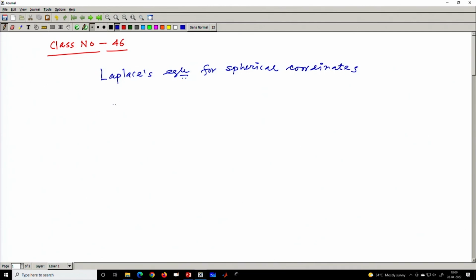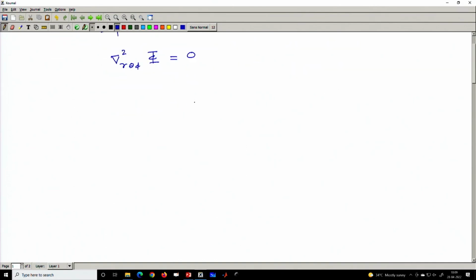For spherical coordinates, the Laplace's equation is simply the Laplacian in r, theta, phi operating over some potential big phi equal to 0. That is the form. If I now explicitly write this operator,